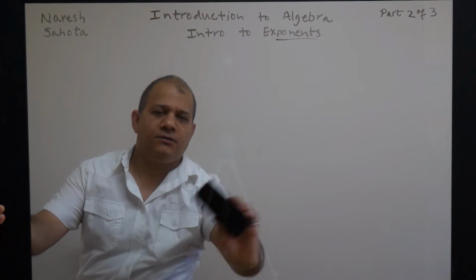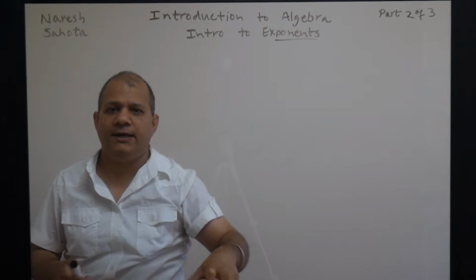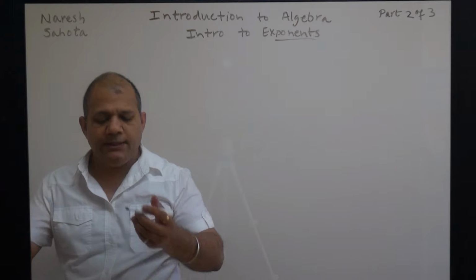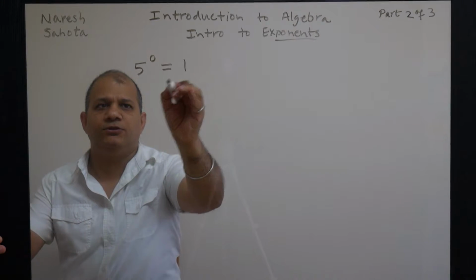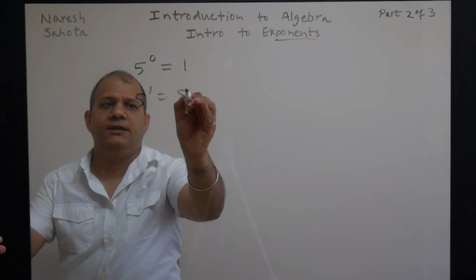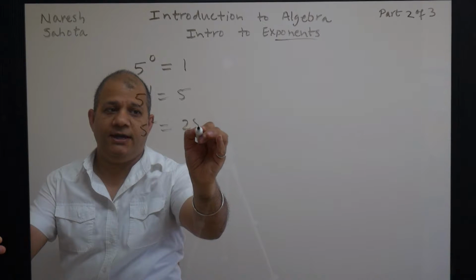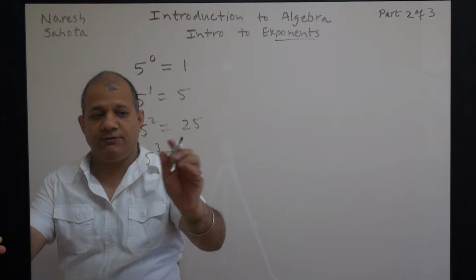So these are the bases that are most commonly used in algebra. That's why if you know them by heart, or if you can calculate them pretty quickly, then you'll save time. So base 5: 5 to the 0 is 1, 5 to the 1 is 5, 5 to the 2, that's 5 times 5, is 25, 5 to the 3, so 25 times another 5,